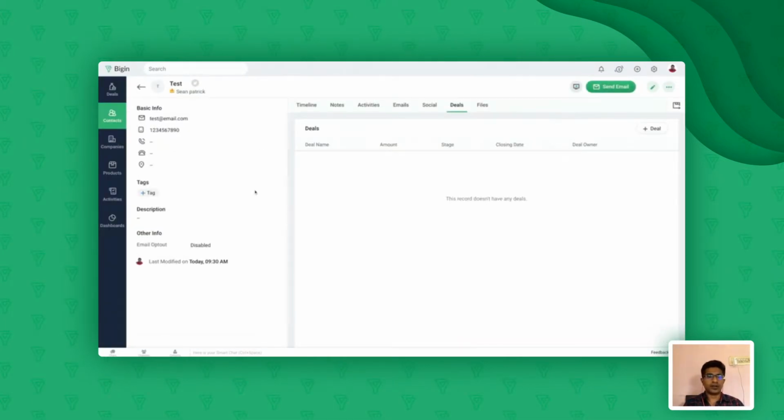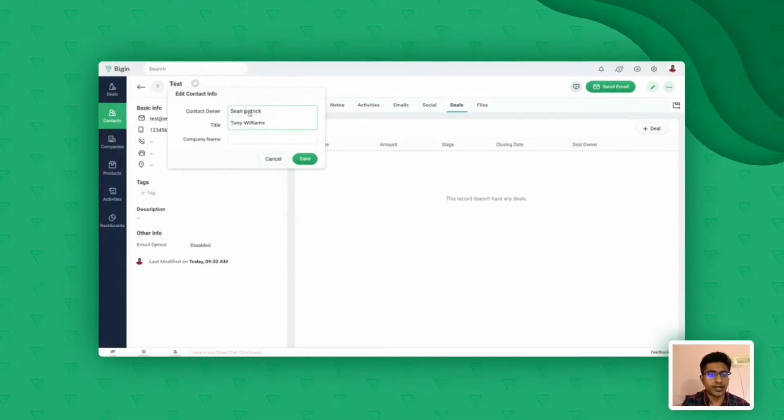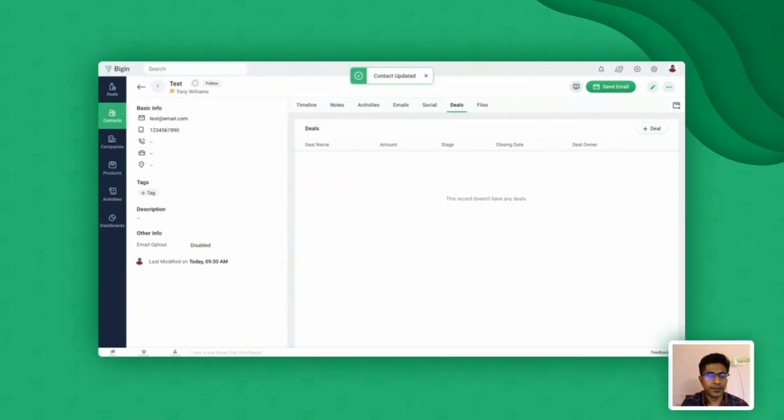So this is one of your contacts here, and if you want to change ownership of the contact to anyone else, like if you have multiple users in the organization using Zoho Begin, you click on this and you can actually change it from here. See, so you can change it very easily from over here. If you want to assign the activities as well, you can just go ahead and check that box and say yes, save.